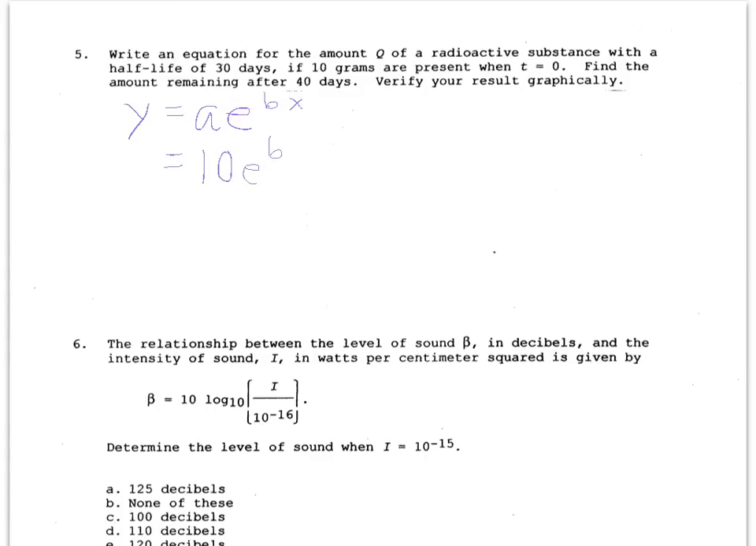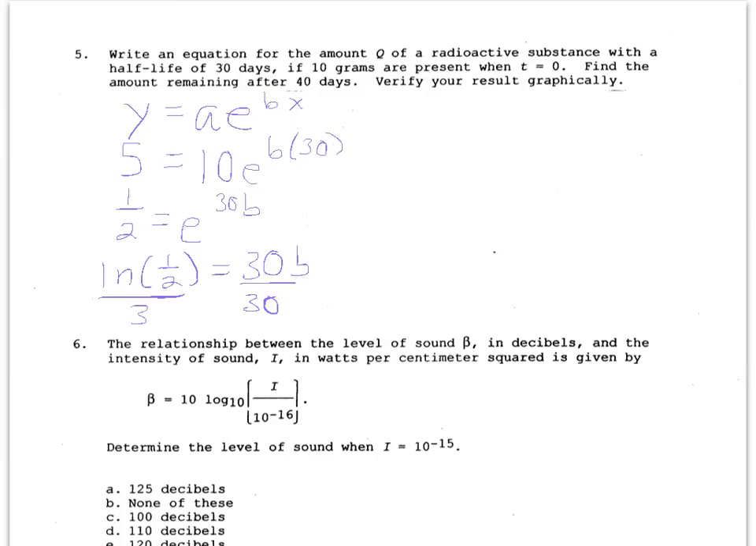And we don't know the rate of decay yet, but we do know that after 30 days, we have half the amount left, and half the amount of 10 is 5. So this will help us solve for the rate of decay. So if we divide by 10, we know that 1/2 equals e to the 30b. And if we take the natural log of 1/2, we have that equals 30b. So if we divide by 30, we will know our decay rate. So we get that B equals